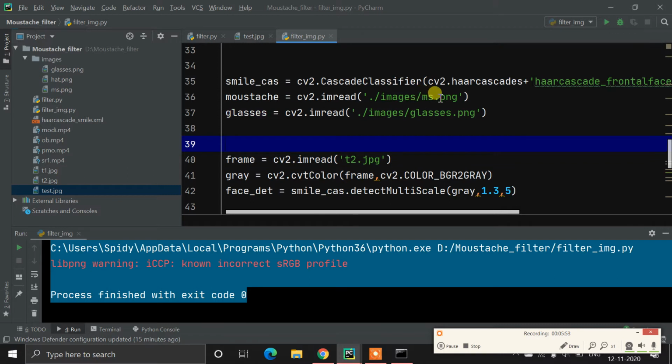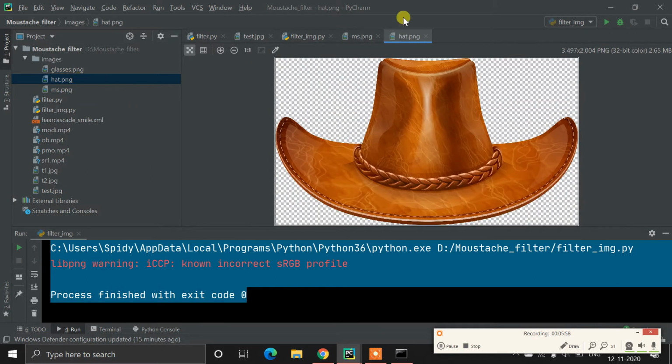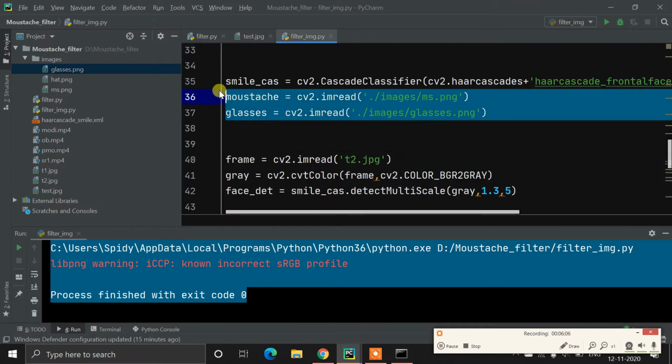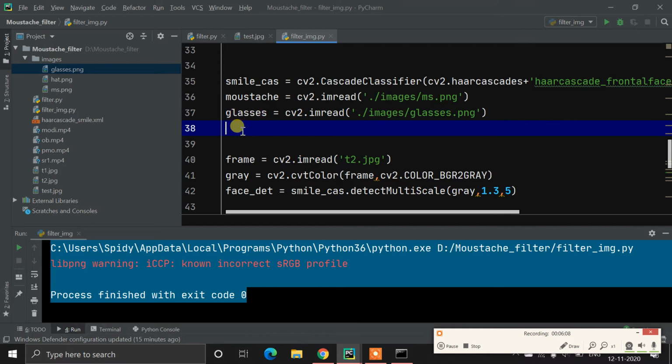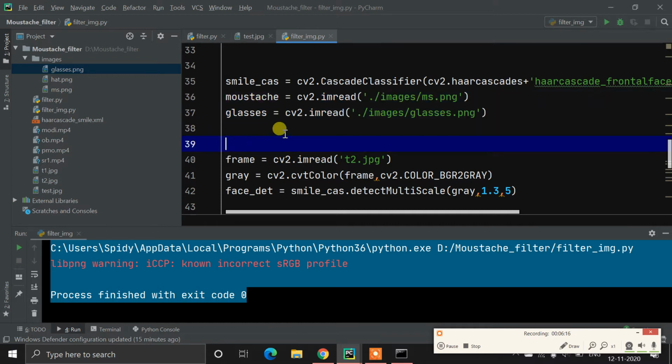Let's see these images, the mustache and glasses.png. These two are the images which we are overlaying on our image. So we are simply overlaying these two images on our faces. But how? Let's see ahead.